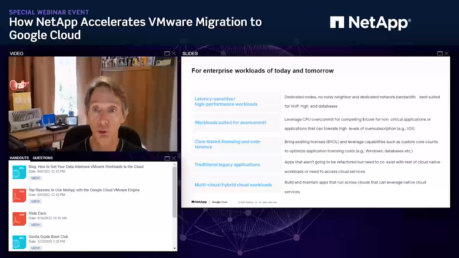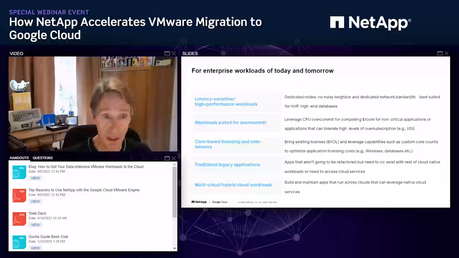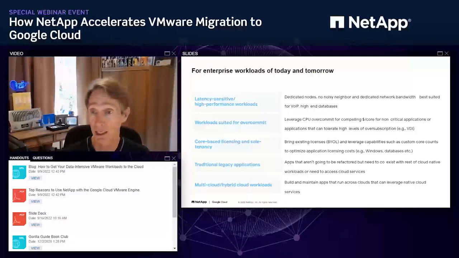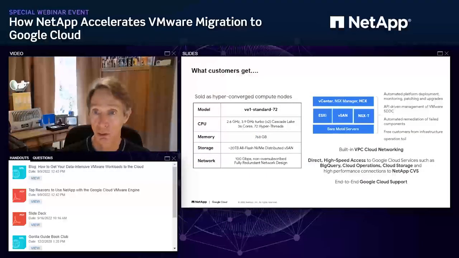You can further control your costs by bringing your existing licenses to the cloud, whether it's application licenses, database licenses, I think even some VMware licenses you might be able to bring to the GCVE cloud. And you have this hybrid approach. You keep your legacy applications running while you expand your other applications to take advantage of native cloud services. So with that,